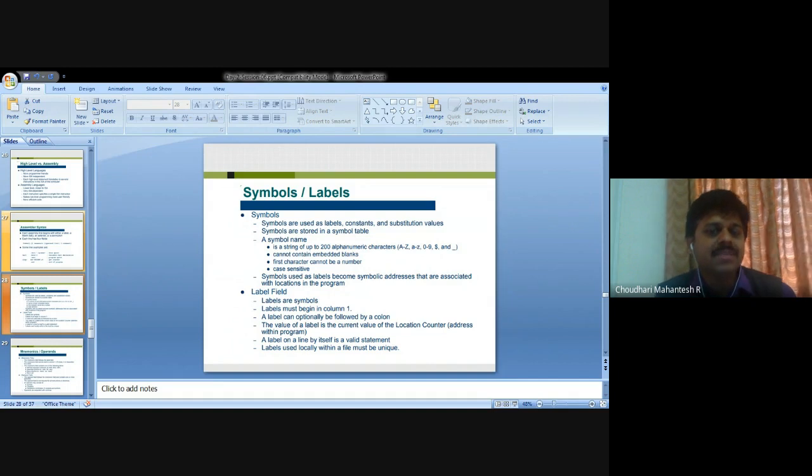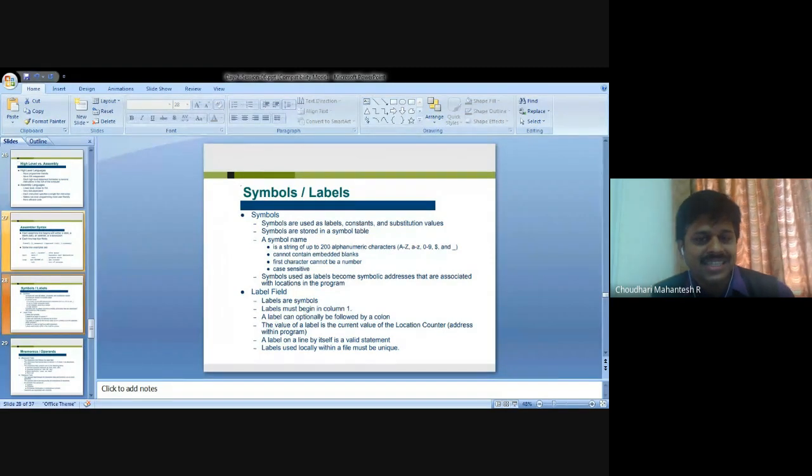A symbol name is a string of up to 2000 alphanumeric characters, from A to Z, capitals and small, 0 to 9 numbers, and special characters. A symbol name cannot contain embedded blanks.